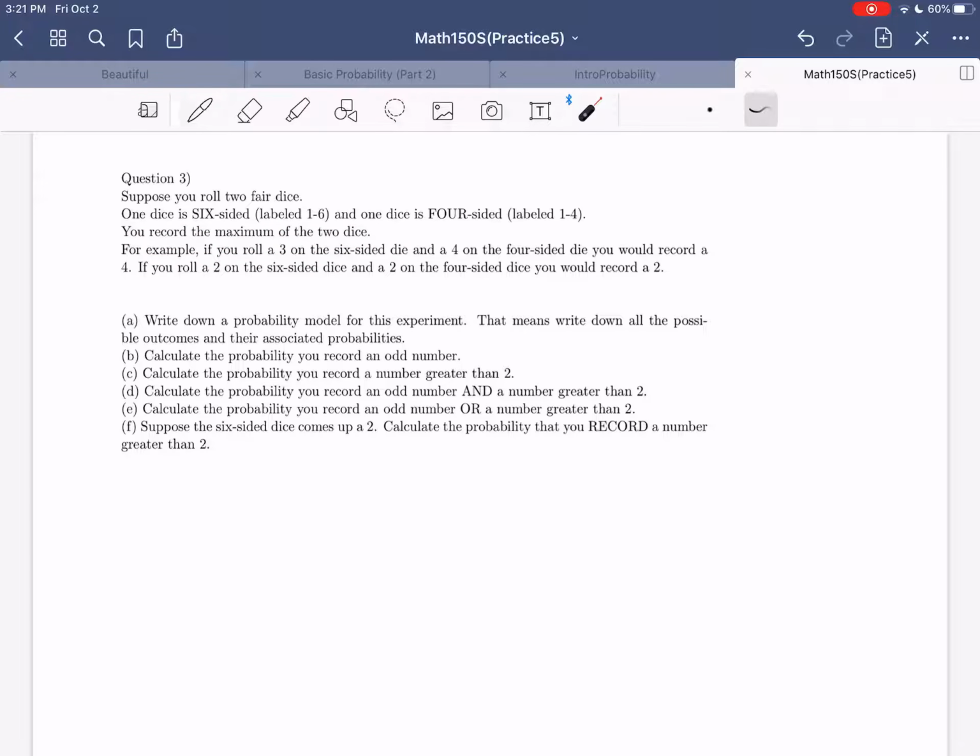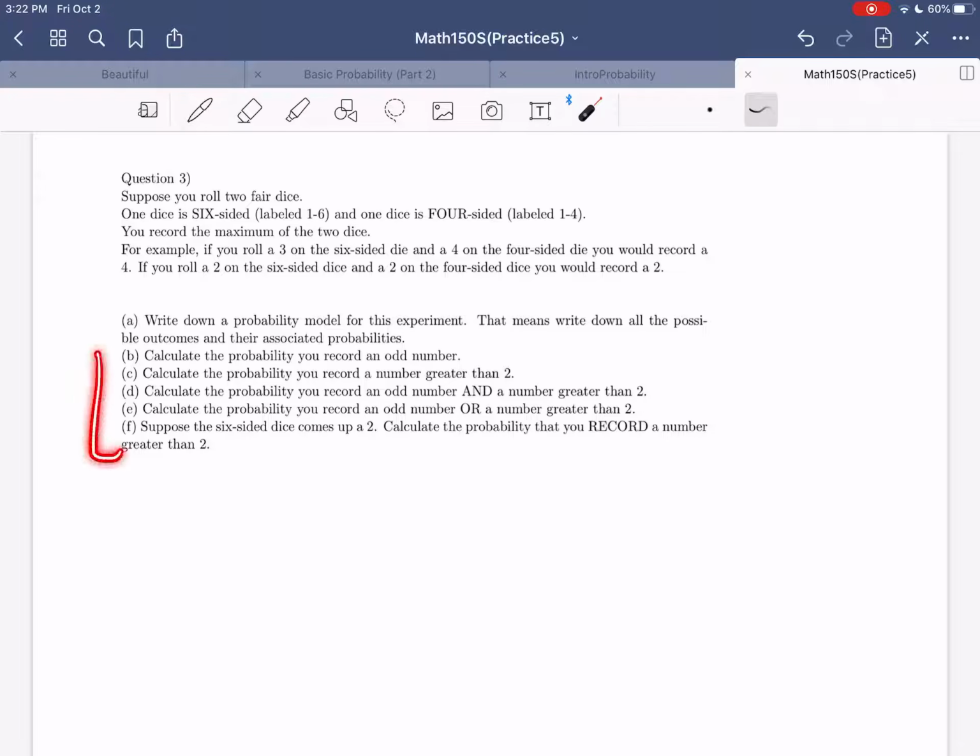So that means that if we roll a 3 and a 4, we would count that as a 4, because the maximum of 3 and 4 is 4. If you roll a 2 and a 2, well, you would record a 2, because the maximum of 2 and 2, the biggest one you rolled, was 2. So you're always just choosing the largest number you rolled. So we're going to calculate